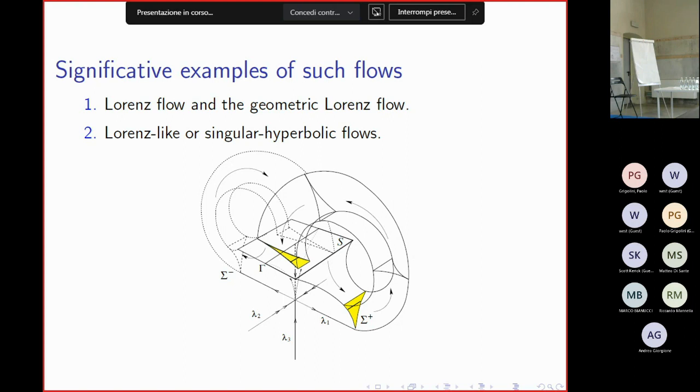This model was presented by Guckenheimer, Holmes and Williams, in the beginning of the 70s, to give an answer to the Lorenz conjecture, that those equations would present an attractor with zero volume and